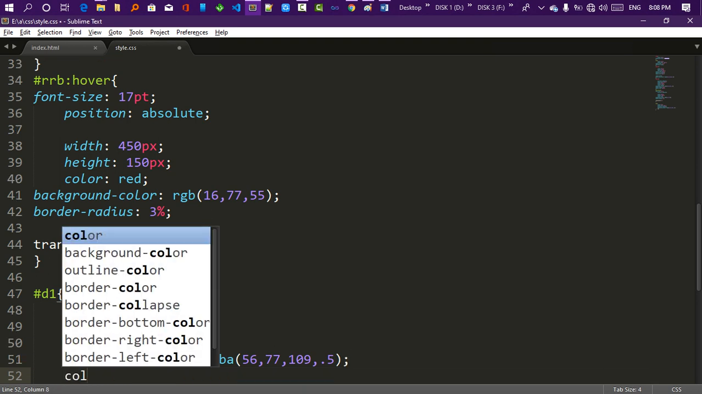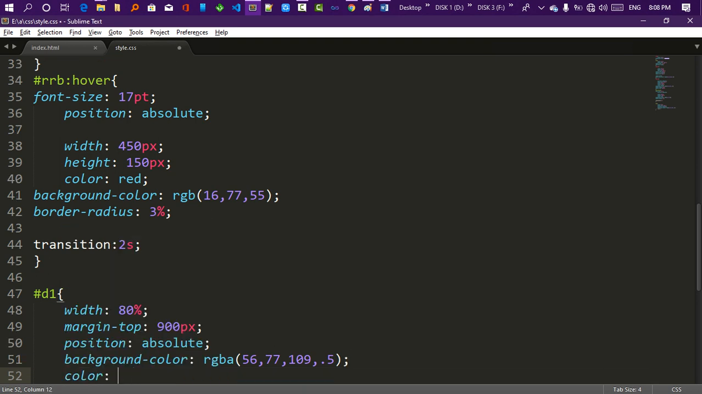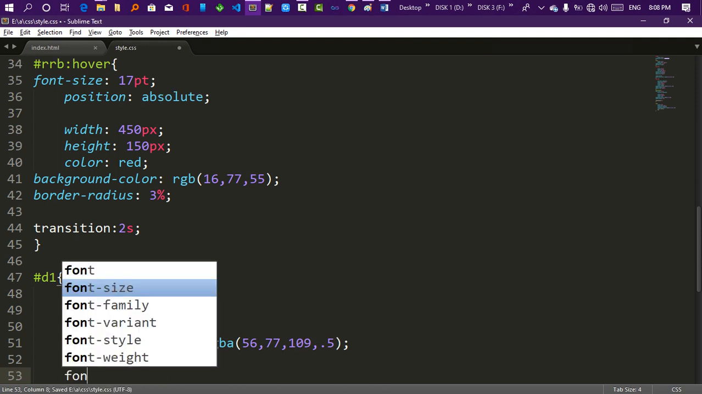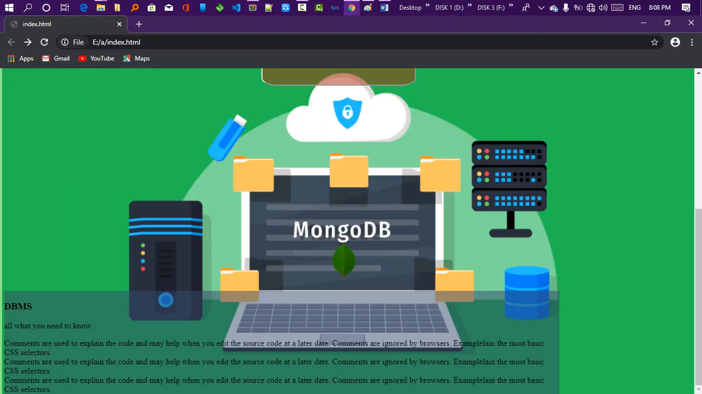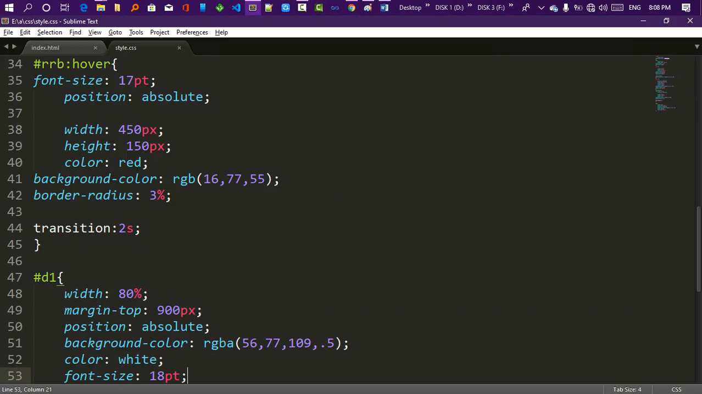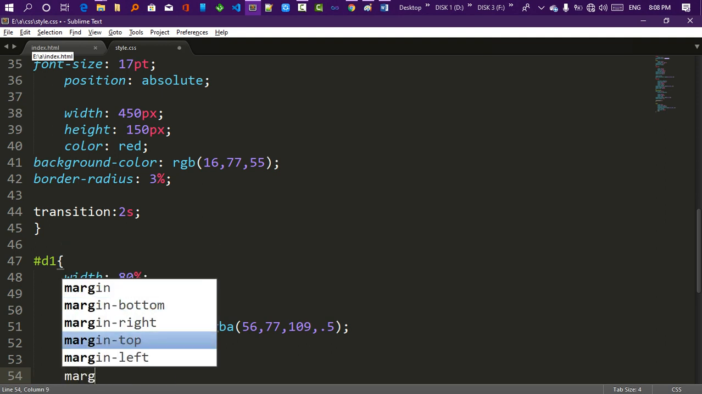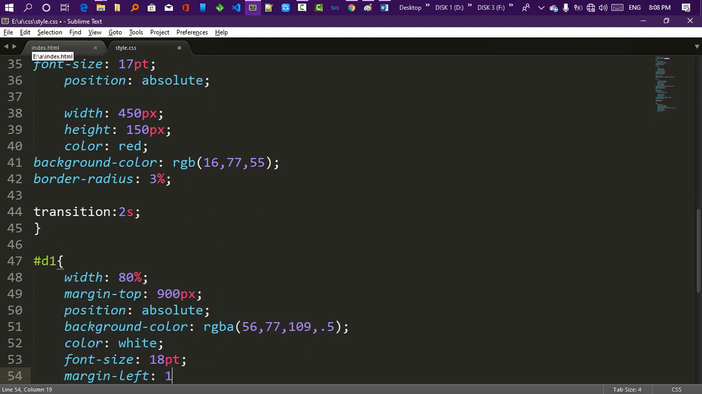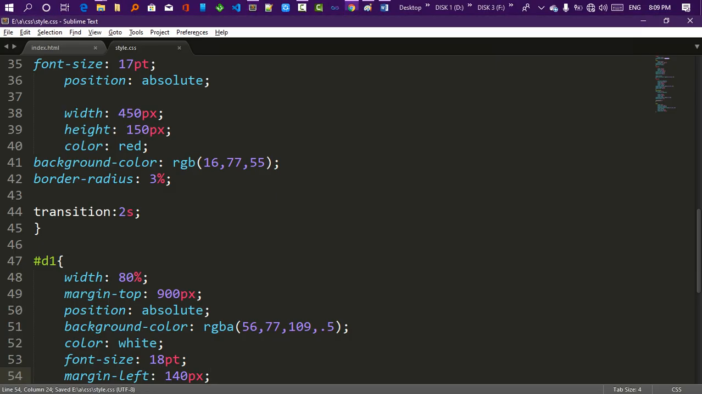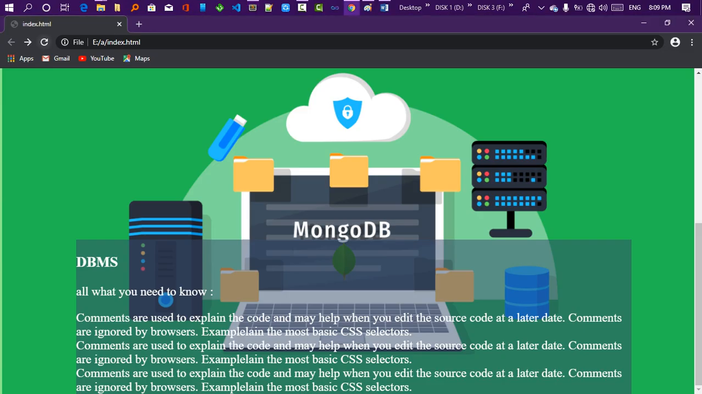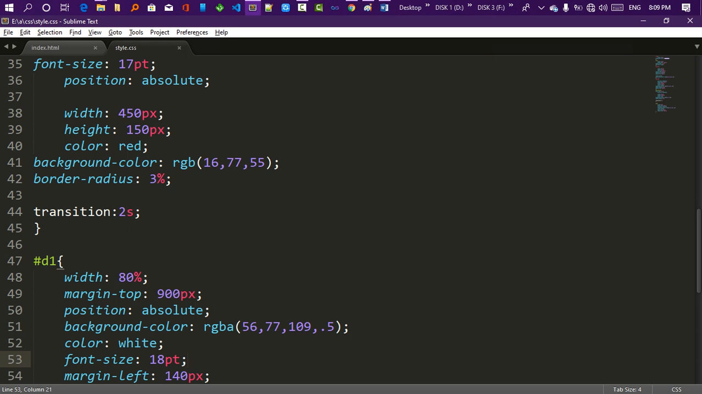Then I will say color white, and then I will say font size 18 point. Okay, then refresh. See, then I will say margin left 140 pixel like that. Then what to say, margin, let me change this color to